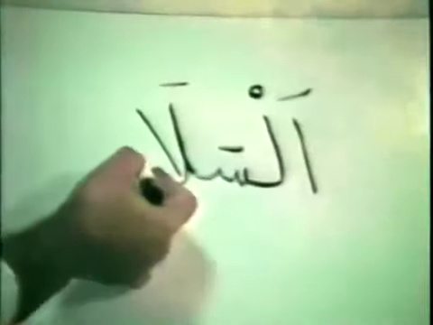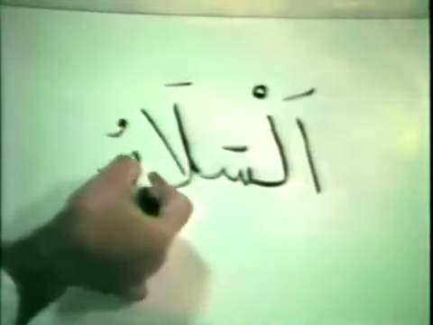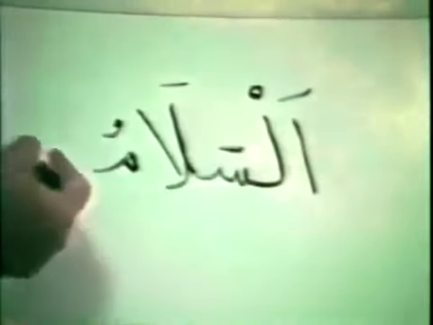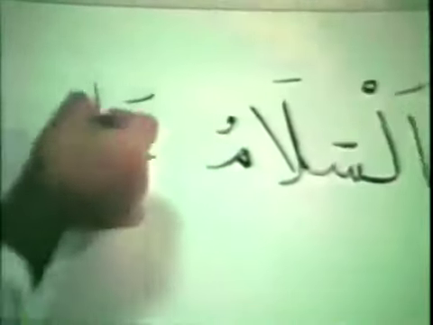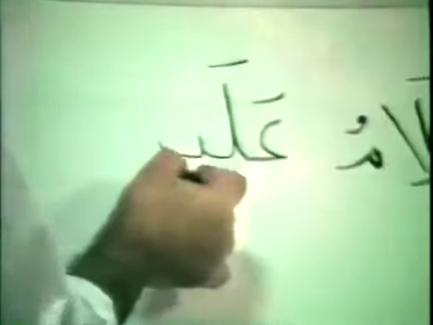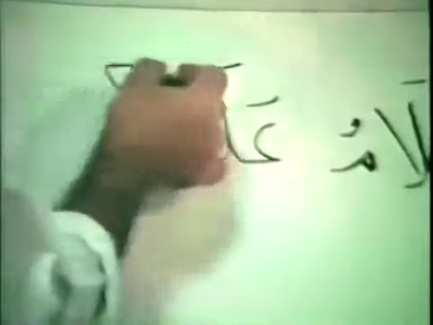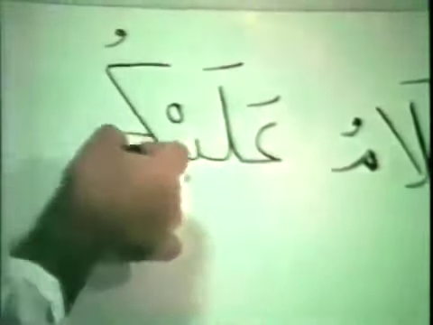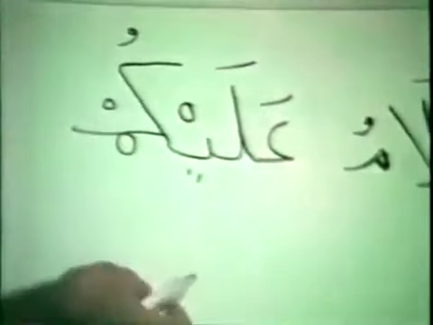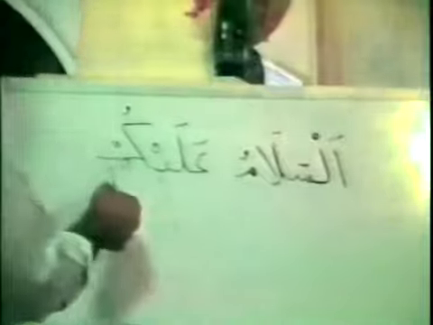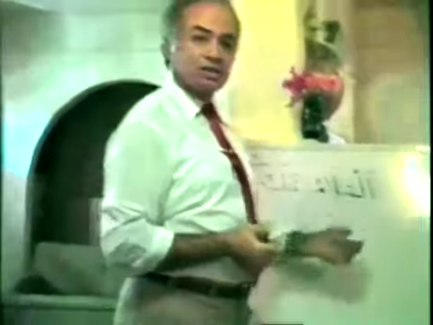The lam alif is peculiar. Looks like this. Al-salamu. There's the letter mim with the dhamma. Al-salamu. A. There's the letter A. La. Ay. There's the letter ya with the sukoon. Alay. Ku. And there's the mim with the sukoon. Alaykum. See how easy it is? Assalamu alaykum. It's very easy. You can read and write any Arabic right now. And this is what assalamu alaykum looks like.